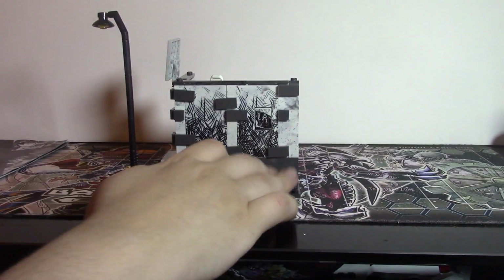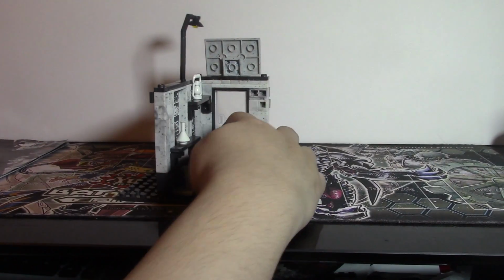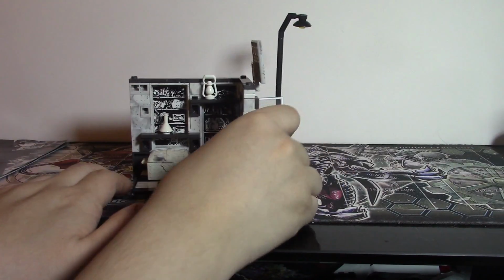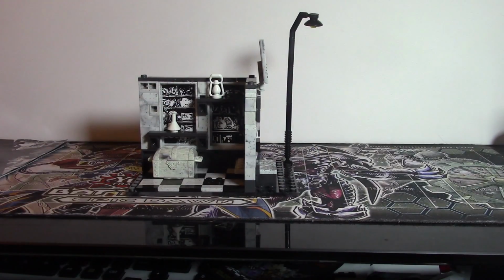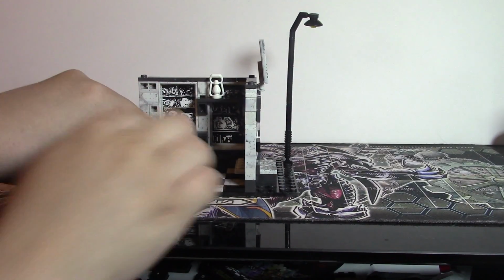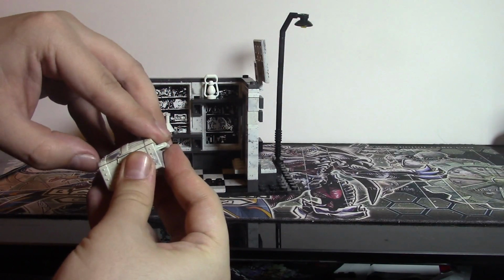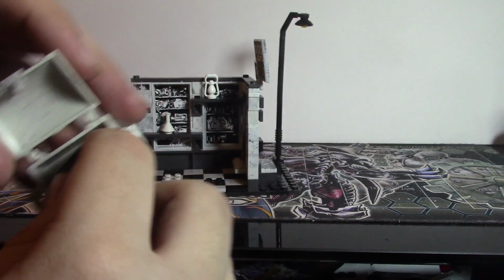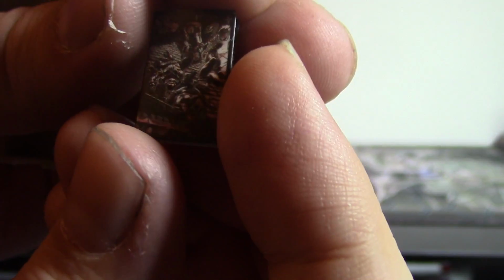You can turn it around this way to look from the door, which I believe does open. Yeah, so the door opens, and then we can see the side. Here we have a lamp, a potion looking bottle thing, and the chest, which does open, though it's not the easiest thing to do. And it has this little comic book thingy that I just put in there. It was actually attached to the door. You can see here, it is a